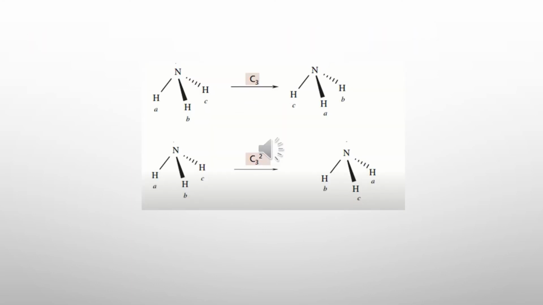So I have discussed rules which are very helpful to build the multiplication table of any molecule. Now first thing is that if we write the different symmetry operations of a molecule, the product of that symmetry element as well as that of the operation, we can construct the multiplication table. And if we apply C3 rotation in a clockwise manner, then we can see in the diagram B will take the place of C, C will take the place of A, and A will take the place of B. And if we apply C3 rotation two times, then we can see B will take the place of C, C will take the place of A, and A will take the place of B.